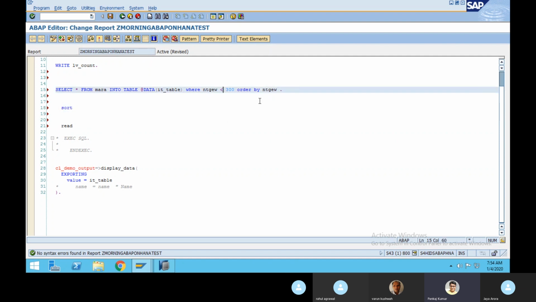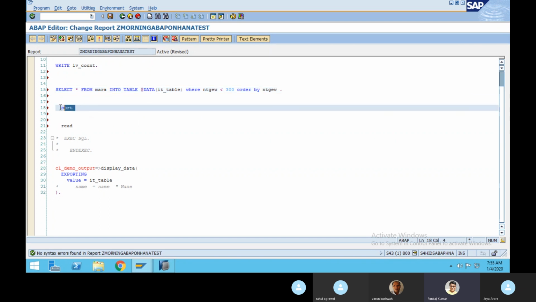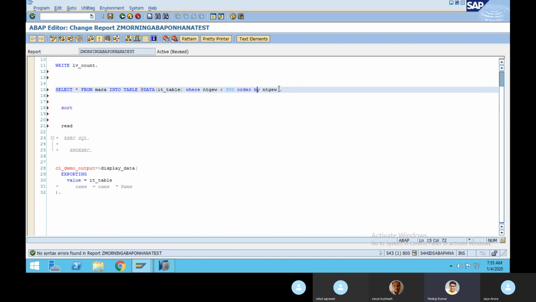So here you must give the ORDER BY clause in order for it to work perfectly. Two advantages. One, you don't have to sort at the application layer, because sorting there is time consuming and you are not leveraging the power of HANA. Just sort at the HANA database layer itself, because HANA has massively parallel processing and it is in RAM, so it's very fast. So use the ORDER BY clause, it will sort at the database layer and give you the result in IT_TABLE, so you avoid the sort.